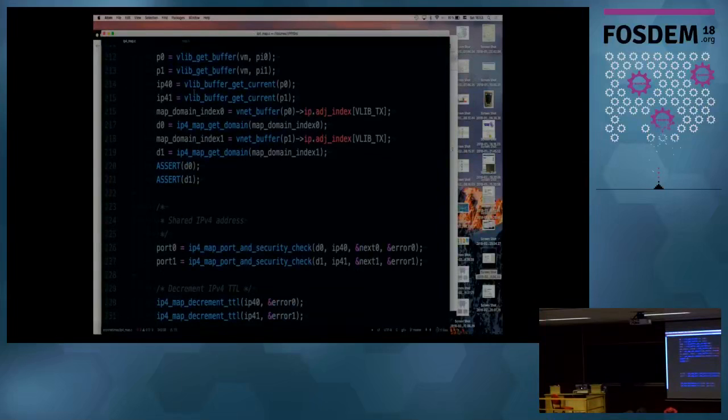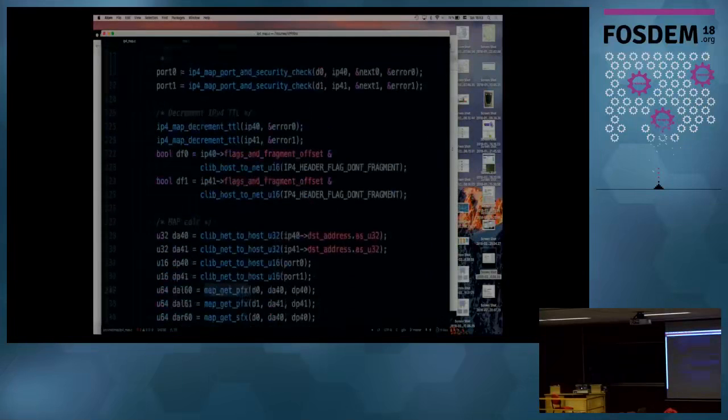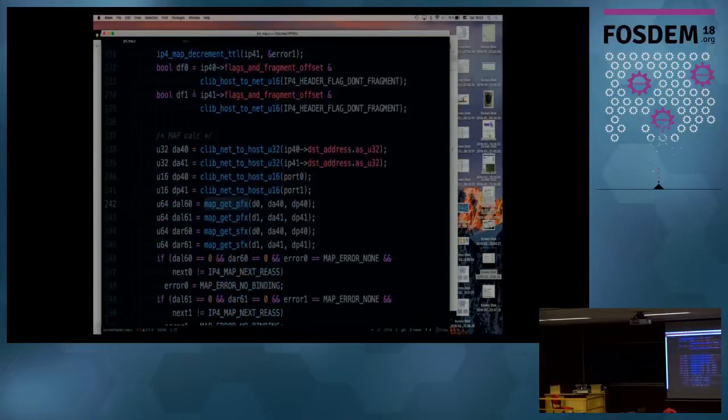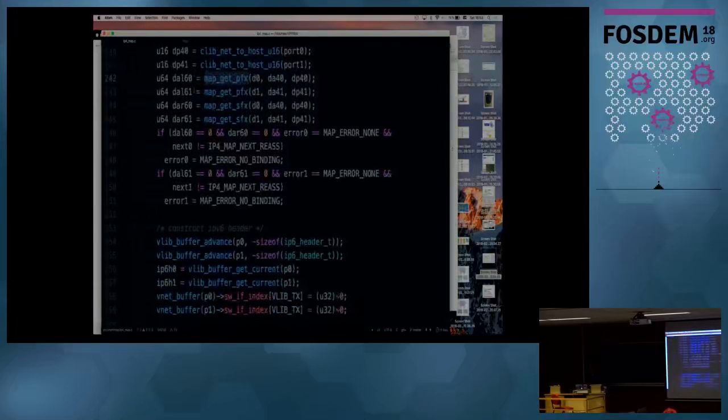Here I just get the pointers from the buffer index. I get the v4 headers for both of these two. I do a lookup in some other table to get a pointer to some domain information, which basically finds which v6 user this is. And then I find the TCP ports, decrement the TTL, and do lots of